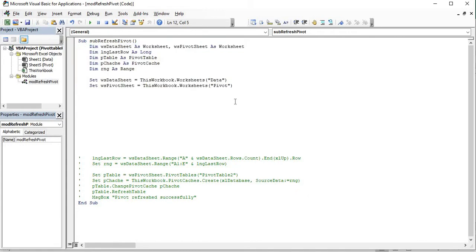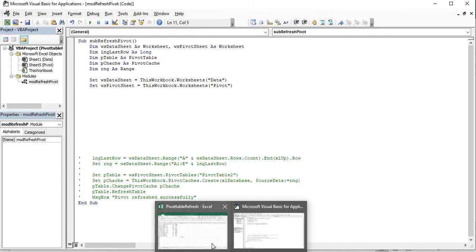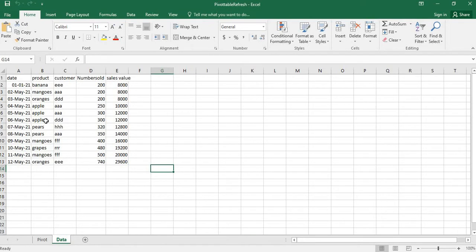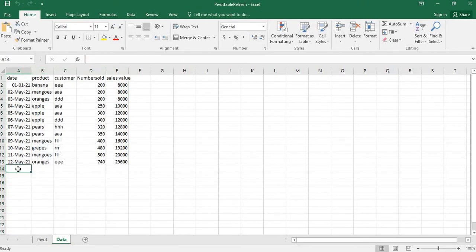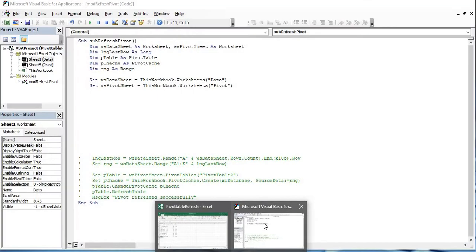See, now the next thing is that we need to update the number of rows in the data set dynamically. See here, my columns are always A to E, that is fixed, but the rows may vary every day. Tomorrow it may be 100 rows, or tomorrow it may be 4 or 5 rows. So dynamically, I want to record the last row in my data set. See, for this I am going to write the code.